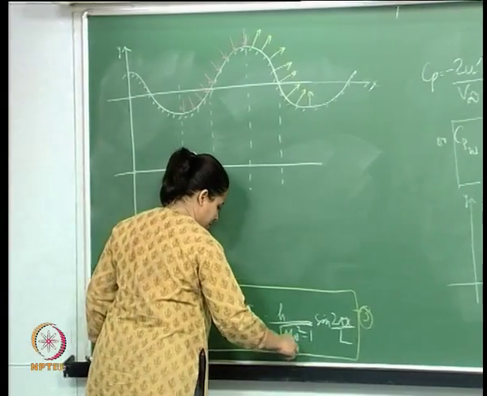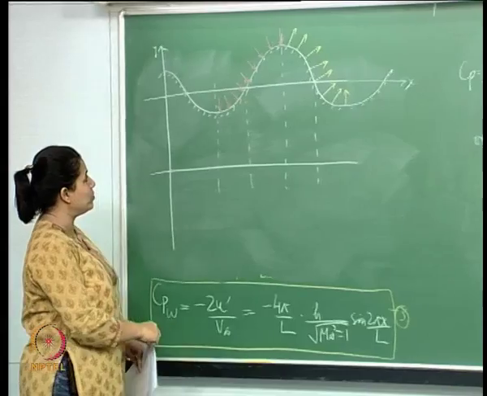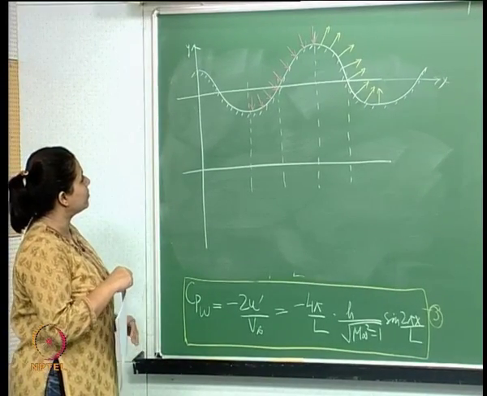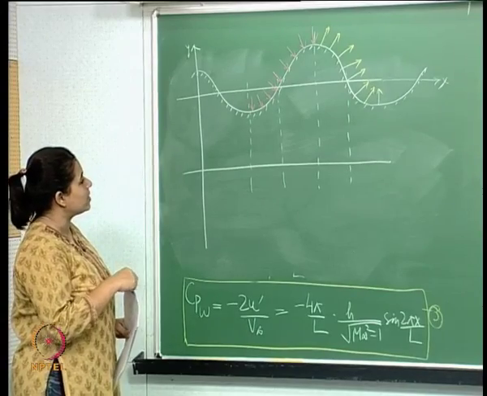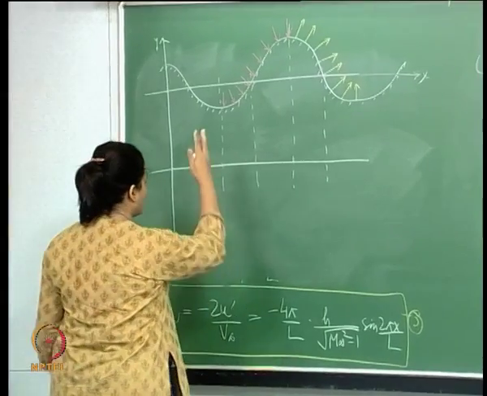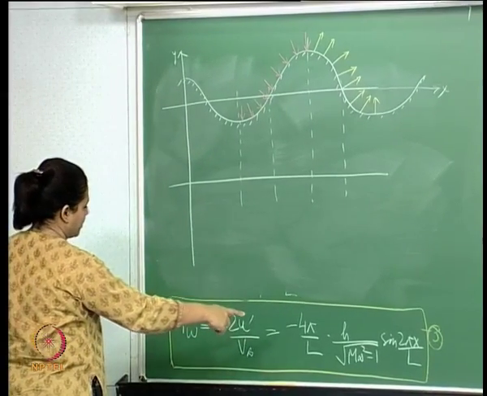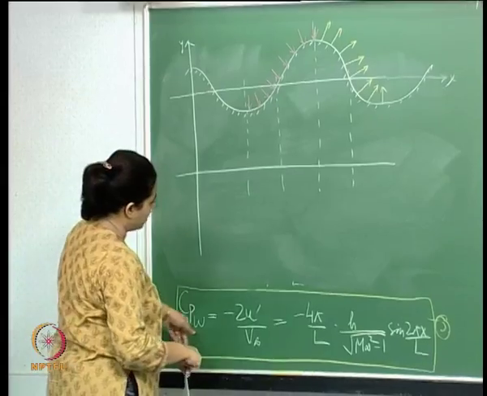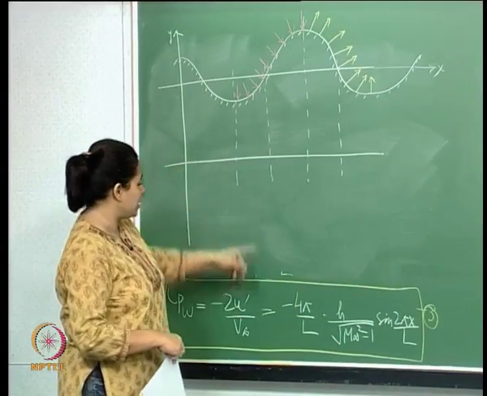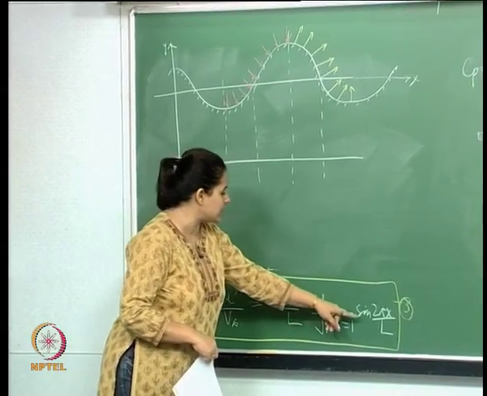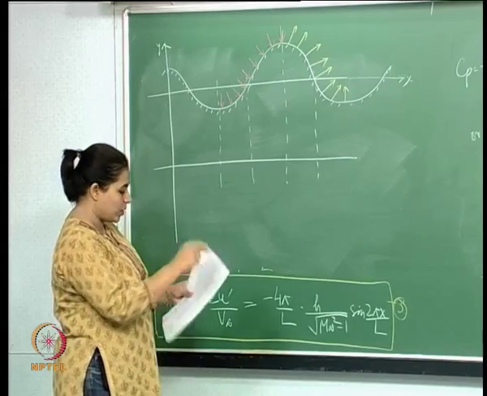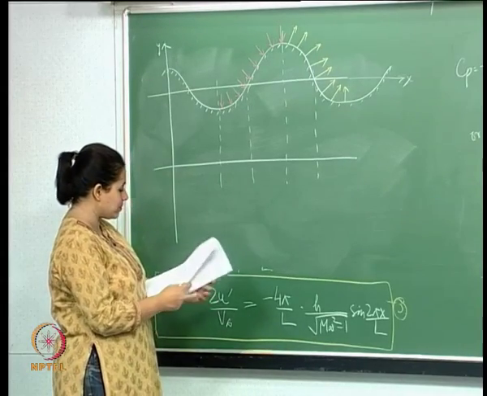Now I think by now you should be able to figure out what this actually means from these arrows. These are basically showing the direction of the pressures. Now before we go back there, let us look at this here. This is the other Cp expression that we had got. What this says is that this varies as sine and this varies as cos. So essentially what we will have from here